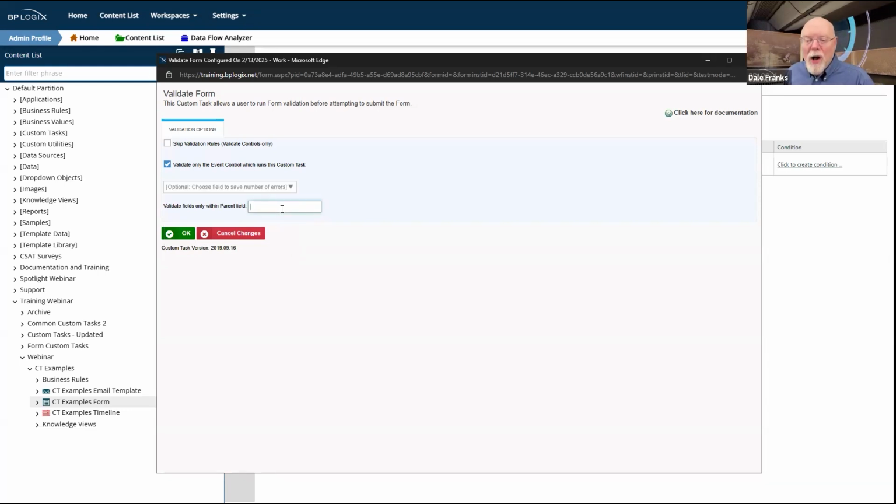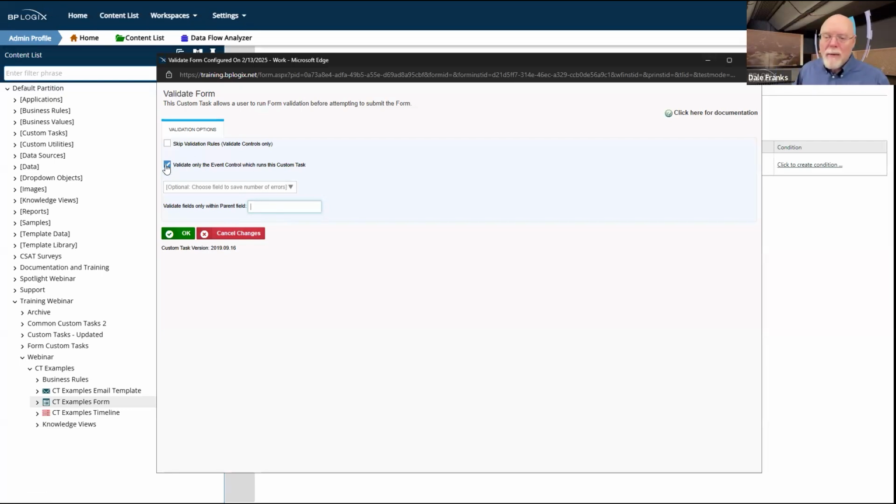I can also specify a parent field like a section and validate only the controls within a section. So with this custom task, I can validate only the event control, or I can validate only events within a parent field, basically a section control, and it will validate only the controls in that section.